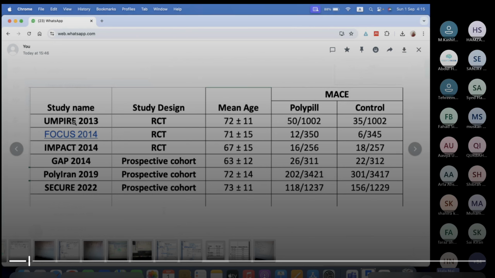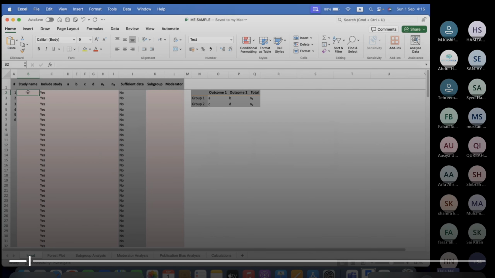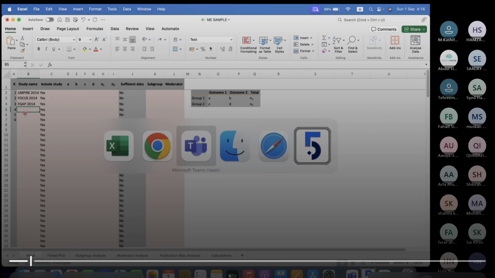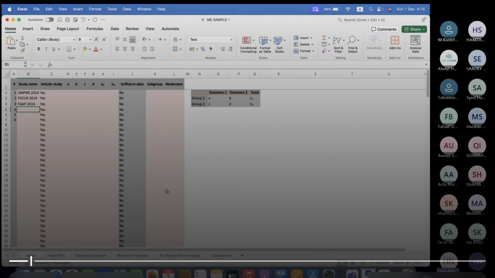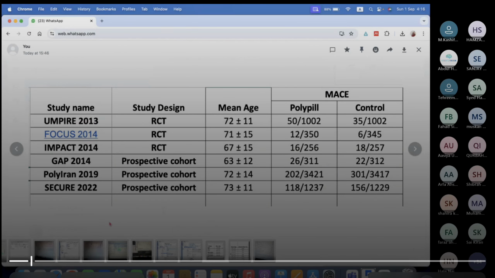So what I have to do right now is type in the name of the studies into the first column. So wherever you can see the study name, I have to type in the name of my studies. So go ahead and do that, and I'm also doing it.